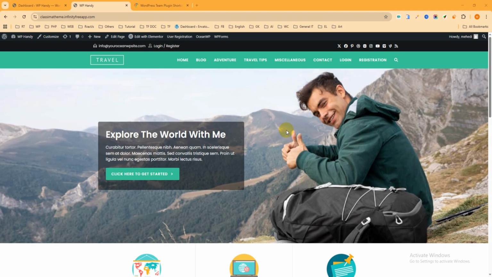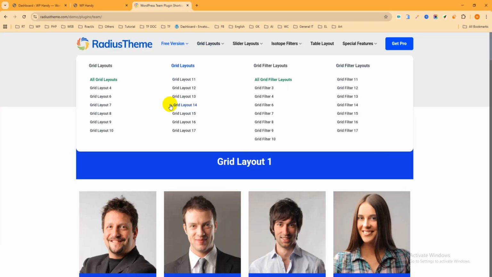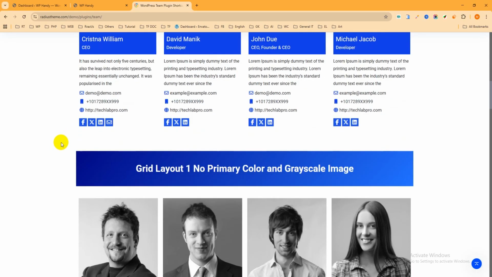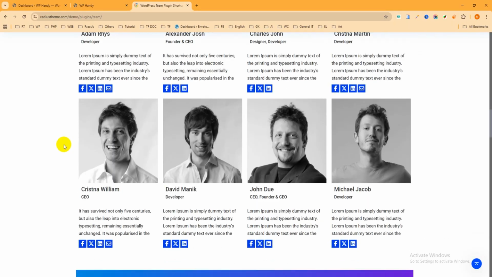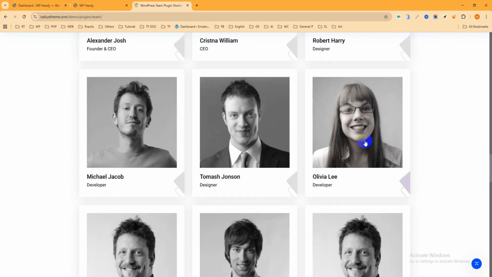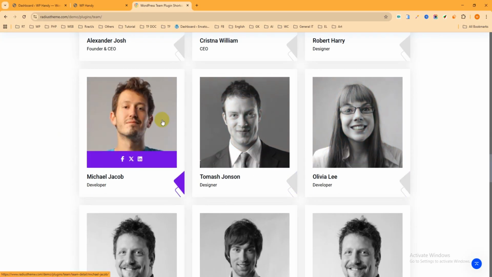Okay, very fast, let's check what we are going to do in this tutorial. So navigate to another tab, and this is the theme section. Actually you can see the grid layout. If you scroll down, then you can see lots of styles here. So in this tutorial we are going to add this type of theme section or theme page in our WordPress